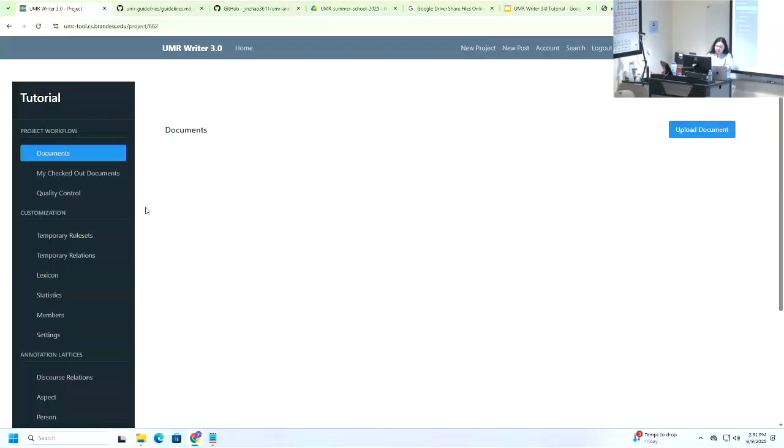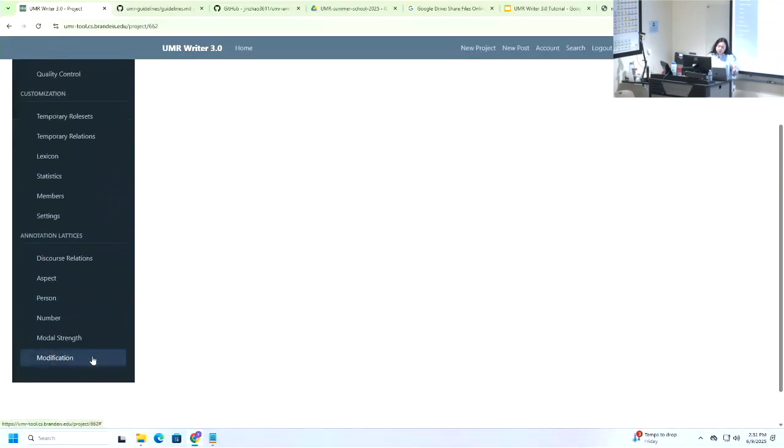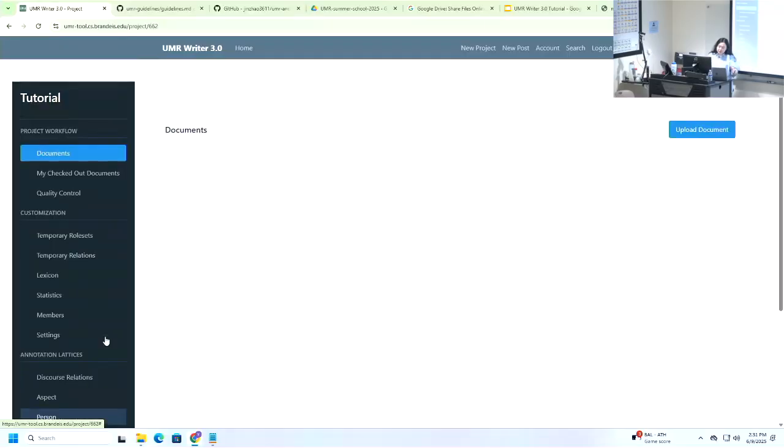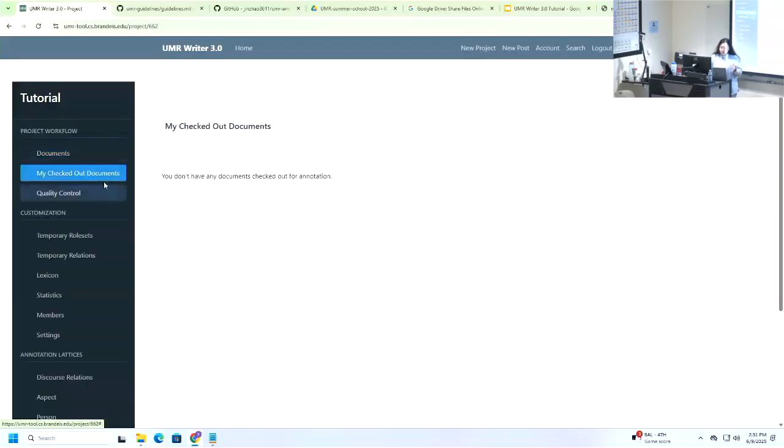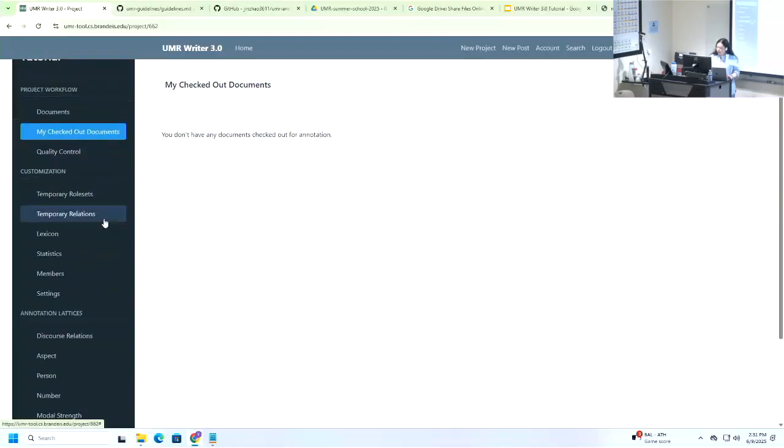So here currently it's blank because you only have a project name, right? You don't have any data uploaded, but this left sidebar has basically, I would say, all the annotation resources that you can use. Here, the documents tab, this is where all your data go under this specific project. And there's the checkout documents, which means who annotates what. I will explain that later. And we also add the quality control, which I will also go over briefly after we have some sample